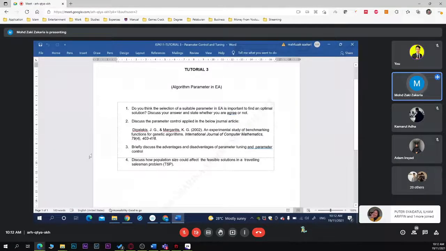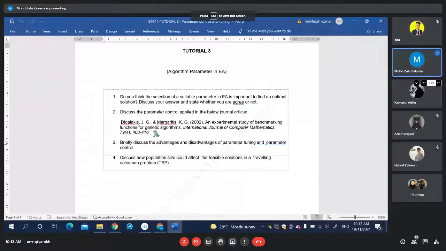So you all can see the screen? Share screen. Can you see, Doktor? Okay. So you can download this tutorial. Okay, you can download from UFuture. So for tutorial 3, we have 4 questions. Question number 1,